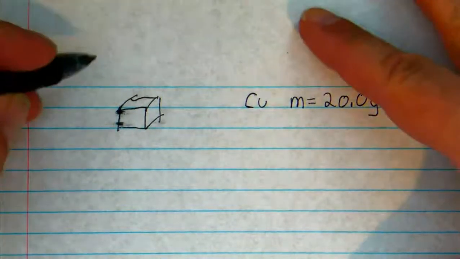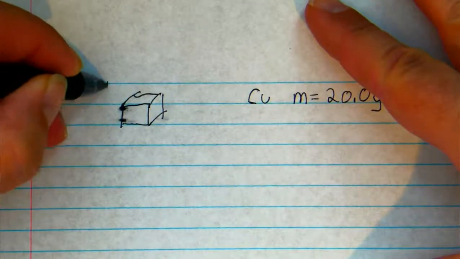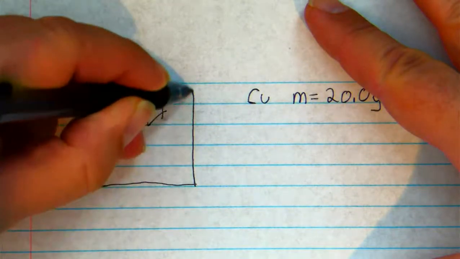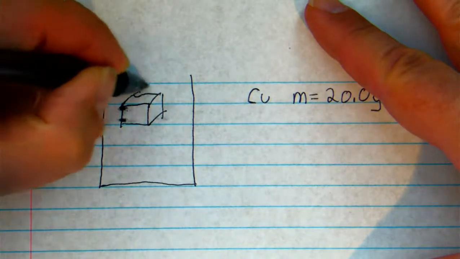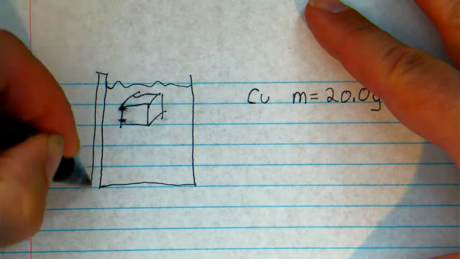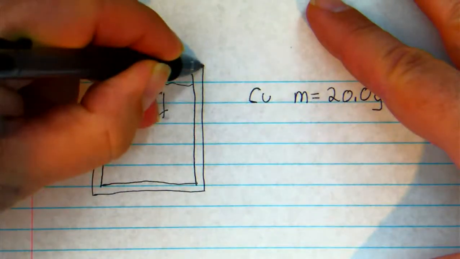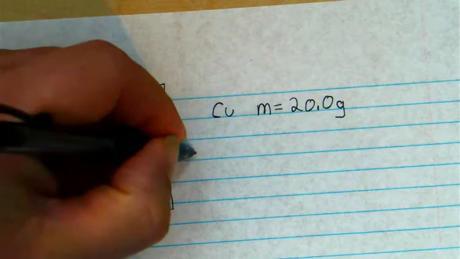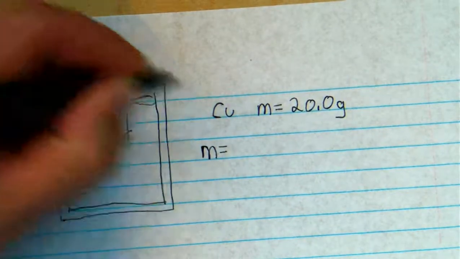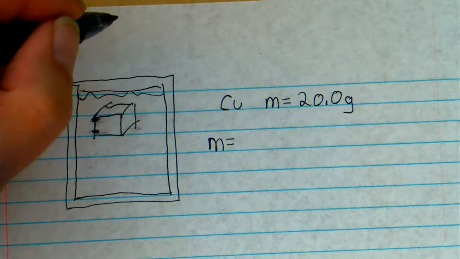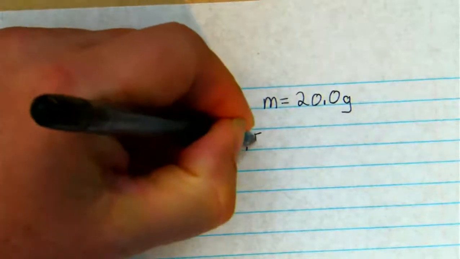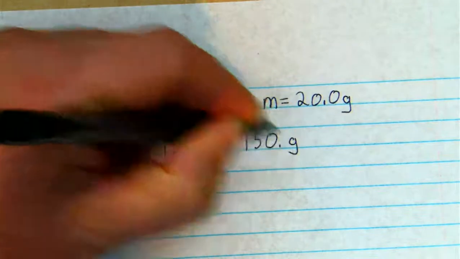Then, using tongs, you would carefully lower it into a calorimeter that has some water in it and measure the change in temperature of the water. Okay, so typical numbers would be to have a mass. I'm going to skip doing it as volume because density of water is 1 gram per milliliter. A mass of 150 grams of water